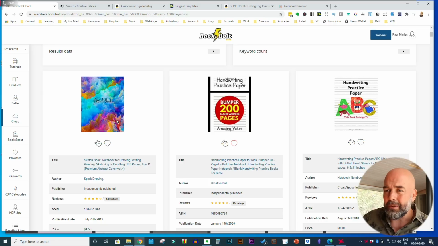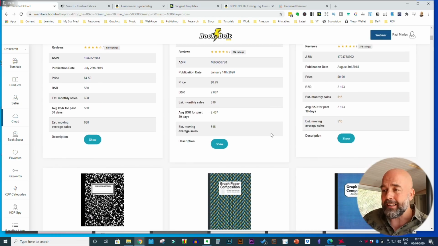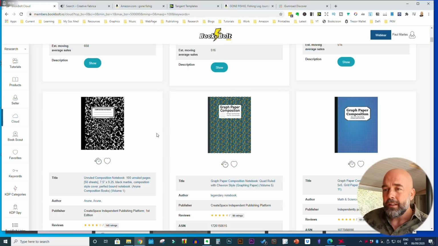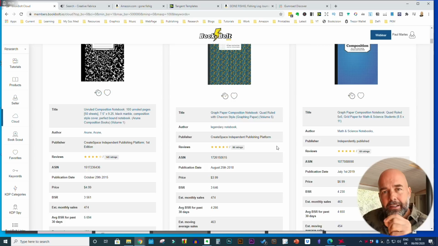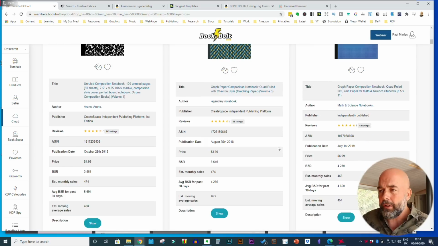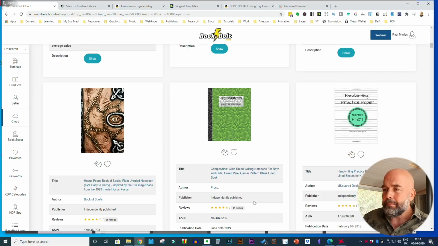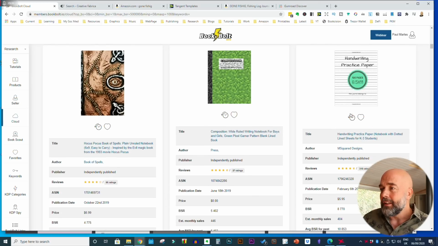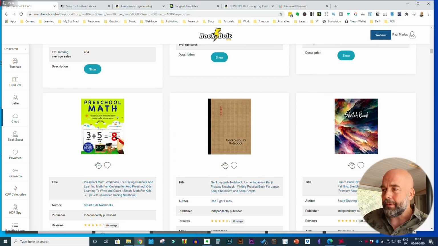So let's just have a look down. So we've got the sketchbook again, that's just a coloured pattern. This handwriting one, very plain looking, nothing fancy. Look at these graph paper books, just plain patterned covers and a decent readable font that customers can see when they're looking at those small thumbnails on their phone or on the computer. Again, this one's a little bit more complicated, but the others just plain patterned, or you've got even the interior on the cover here. Again, plain, nothing fancy. This one's a bit more fancy, I agree, and would take a bit more to create,